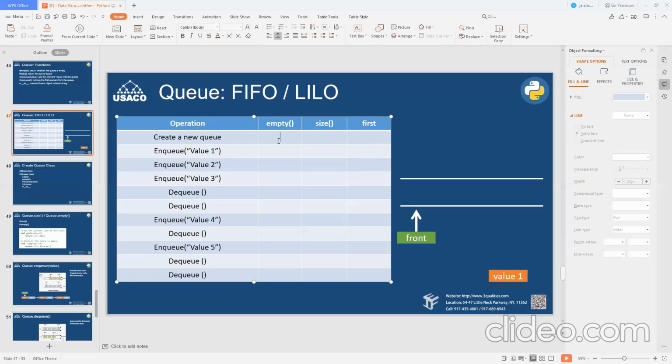So now when I call the function, what's the value I'm going to get here? When I create a new queue, what will be the value when I call this function? None. I mean 0. Empty. Empty is what? Empty returns whether it is empty or not. Oh, true. Yeah. True, 0, none. Very good.